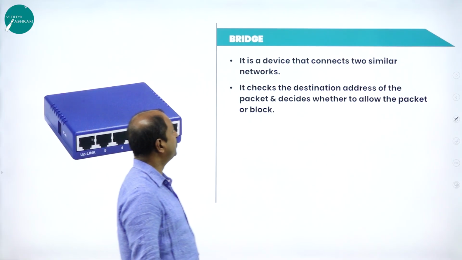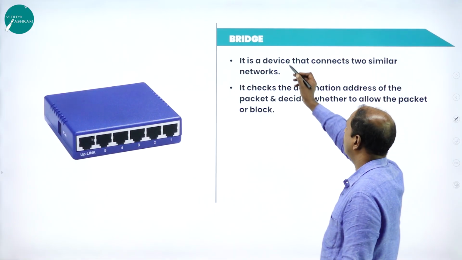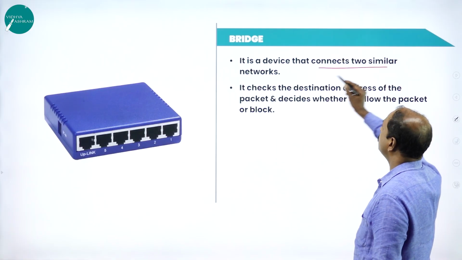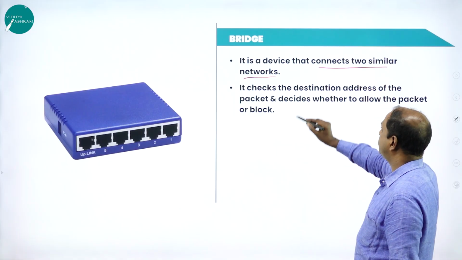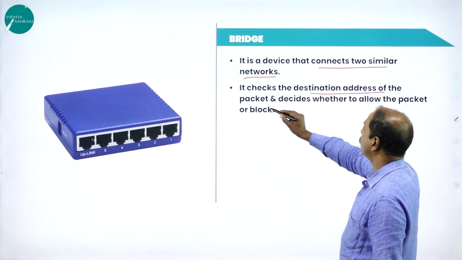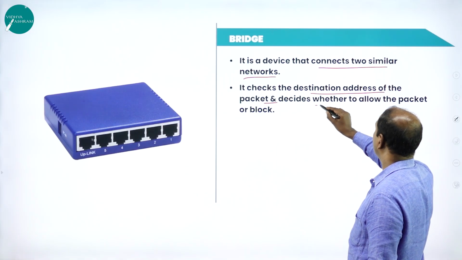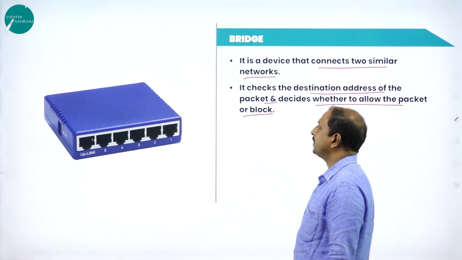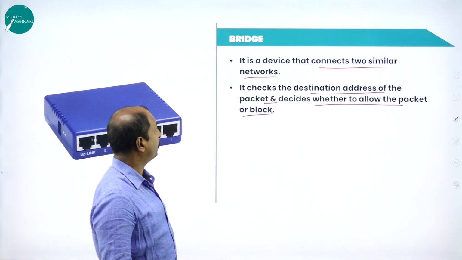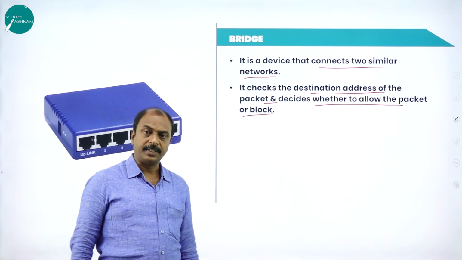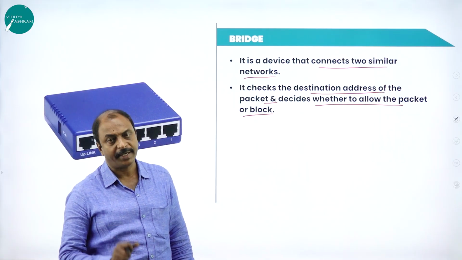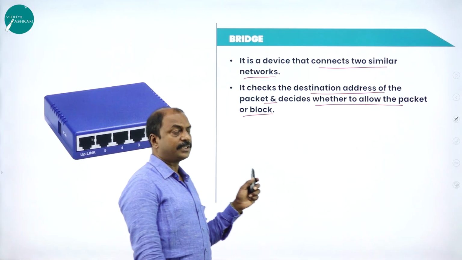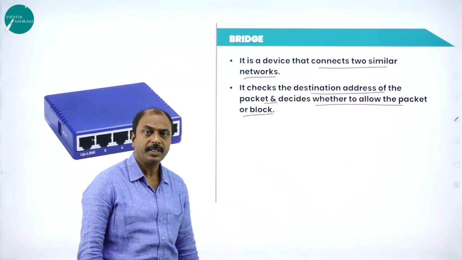In the next slide, we will see one more device called a bridge. What is a bridge? It is a device that connects two similar networks, and it checks the destination address of the packets and decides whether to allow or block the packets. It is a network device used to transmit the data within a similar type of network. Whenever the signal comes through one of the host computers, then